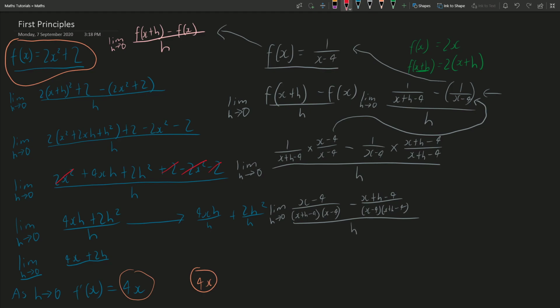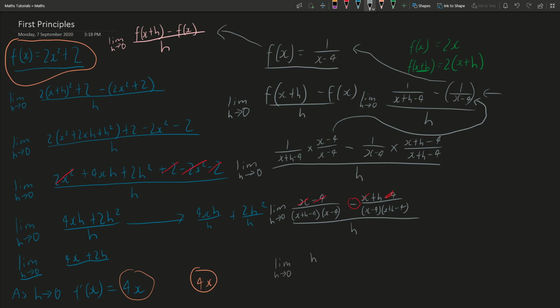Now we move into cancelling terms. So we have this x and the negative x here, so we can cancel that out. And the negative 4, and this 4 becomes a positive because of this negative sign out the front. So we cancel that as well. So we have finally limit as h approaches 0,